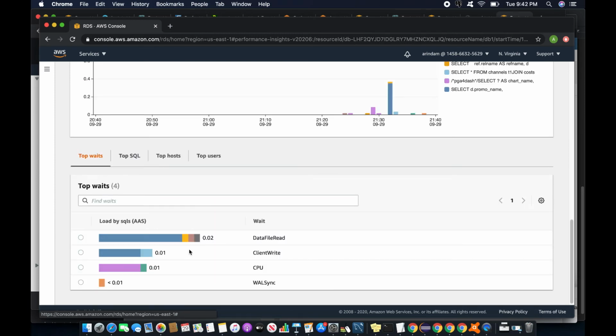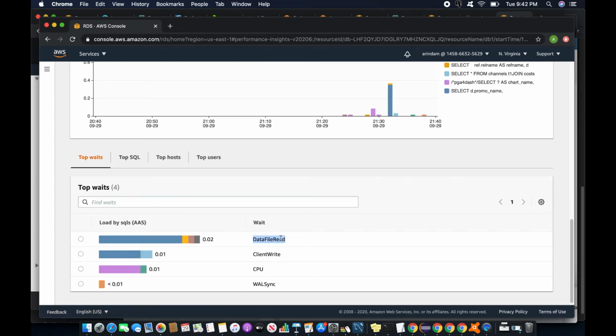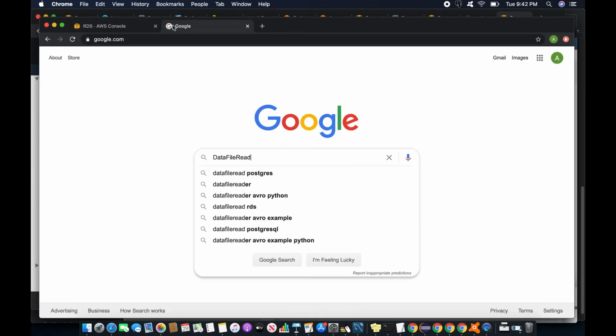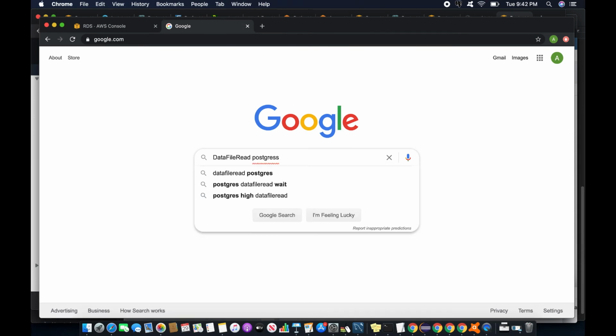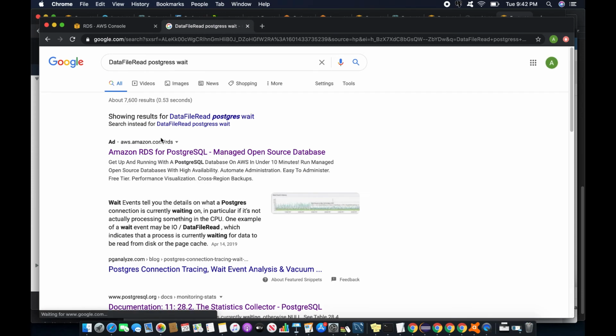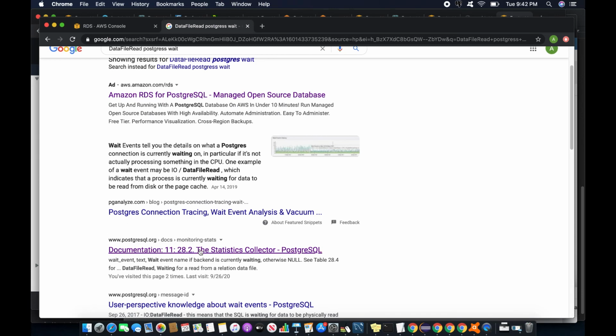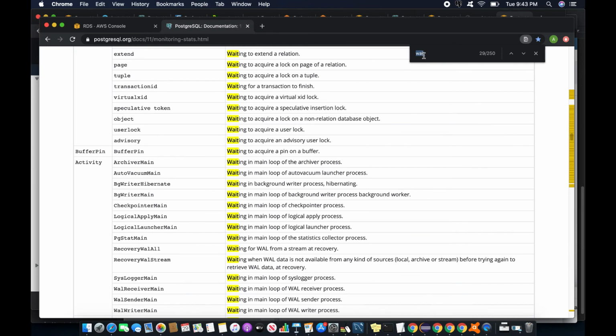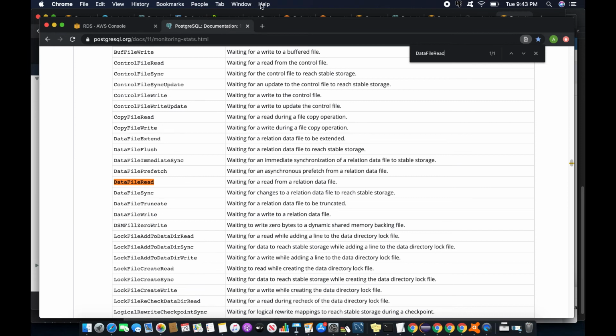top waits. The wait says data file read. So what you are going to do is open Google and write data file read Postgres wait. It will go to the Postgres documentation. I search with data file read, and data file read means it is waiting for a read from a relation data file. Okay, now